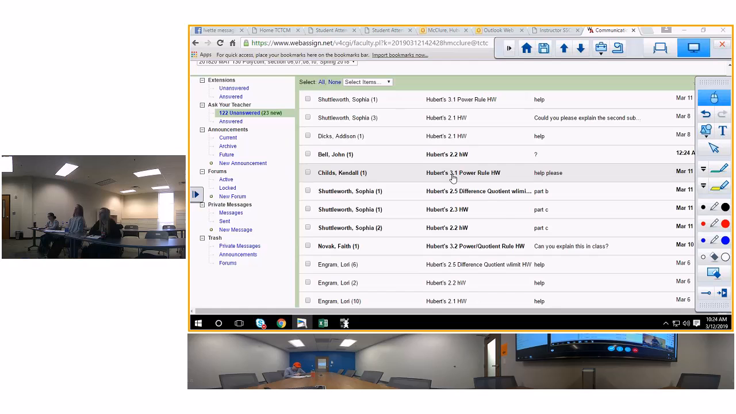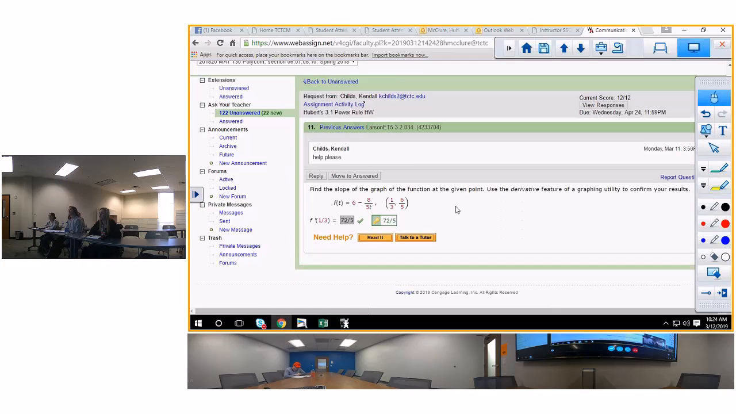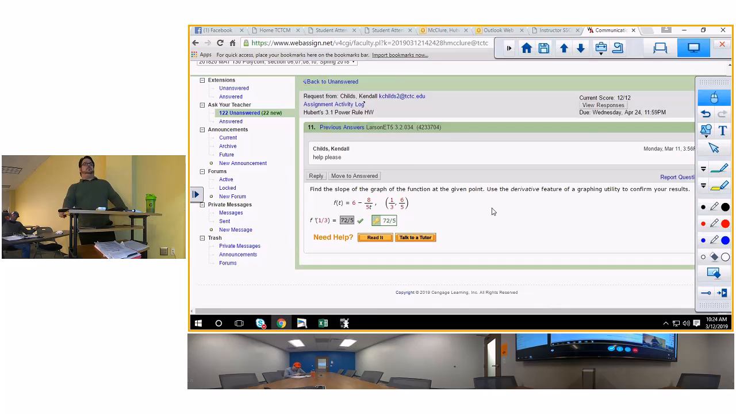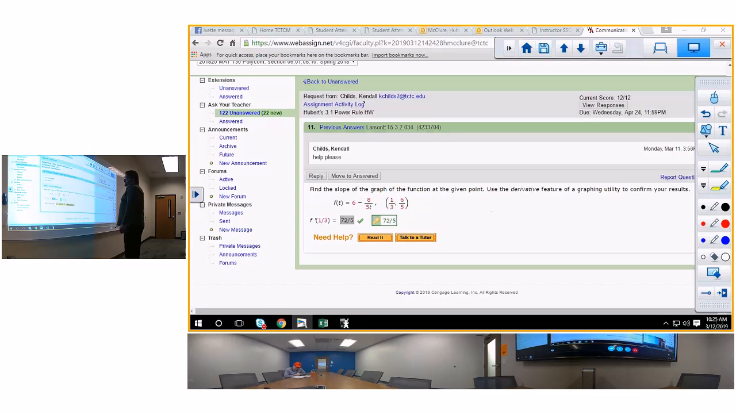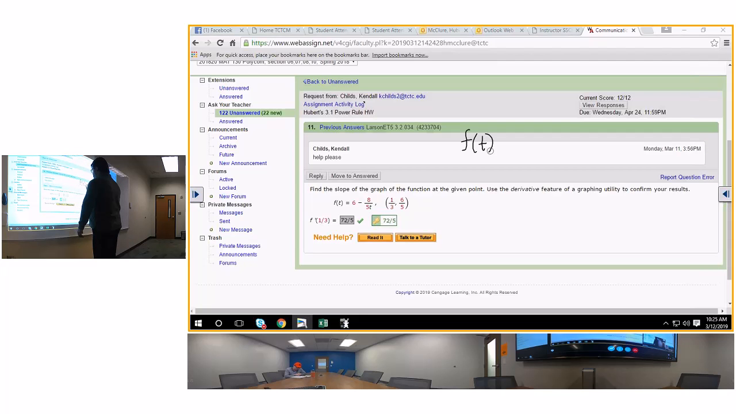Okay, there's one. 3.1. Another power rule. See what that one says. It's a good test question right here. I want the derivative. I don't care about the slope. You can find the slope after you plug it in. So the first thing I'm going to do is rewrite this one, especially for those people that have never had calculus. I'm going to say f of t, of course they use t all the time, is equal to 6t to the 0 power minus 8 times